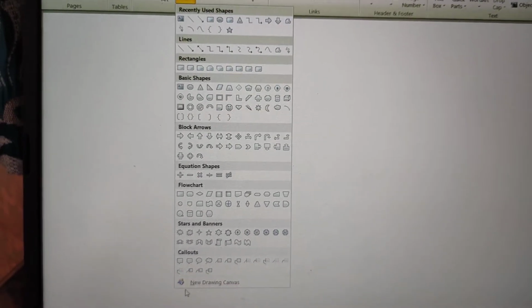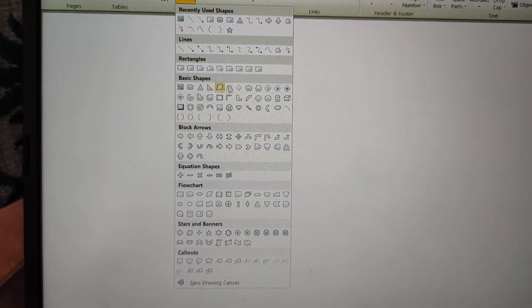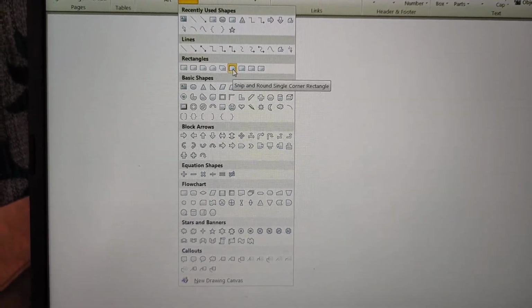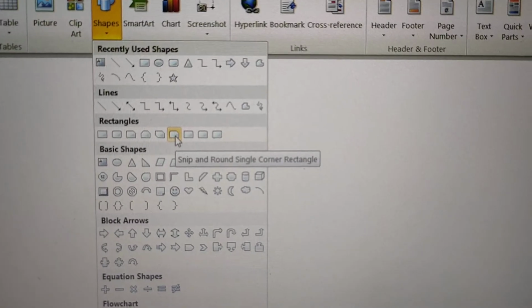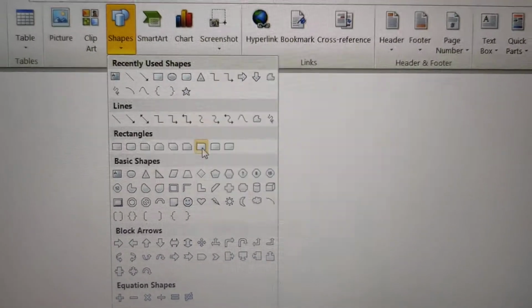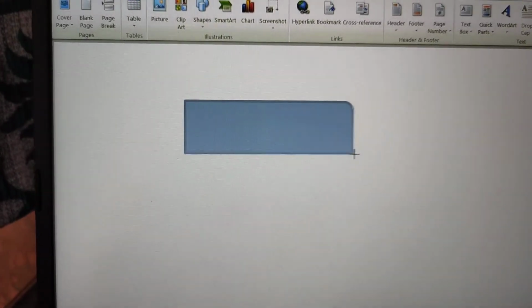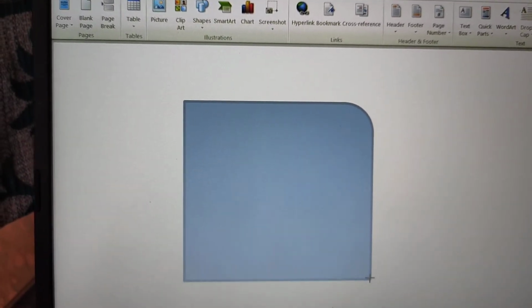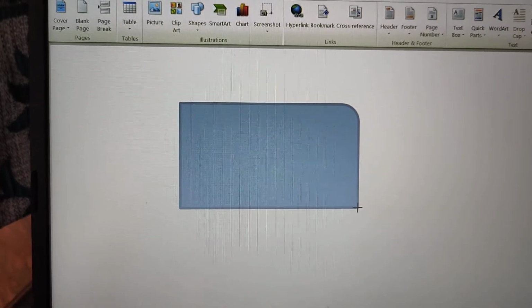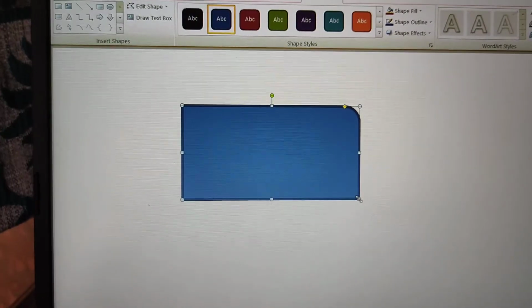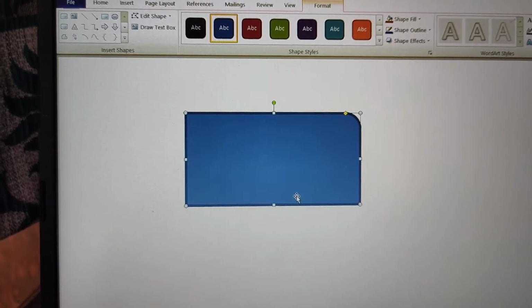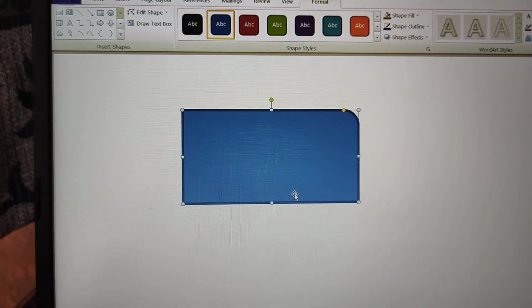Now I'll show you how to insert it. Suppose I have taken a rectangle. This rectangle I like, I'm just zooming it. Okay, this one I have taken. I clicked on it, then just see, a plus arrow will come. I will point my arrow where I want to, and I will drag. We drag up to the size that we want. See, now my rectangle has been inserted in my Word document.